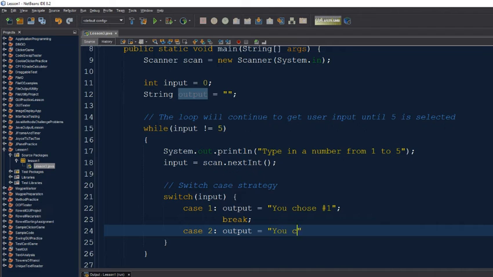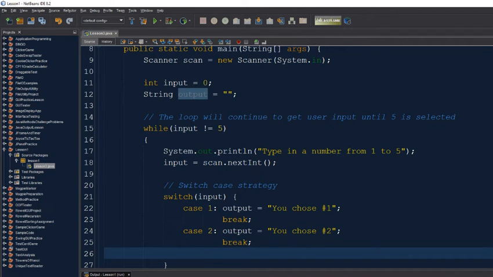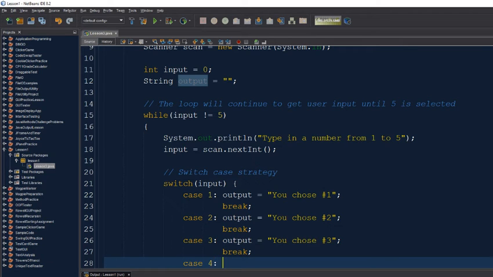Let's say you chose number 2. Break. Case 3, you chose number 3. Not the most fascinating program, but that's okay for now. Let's just wrap up these different